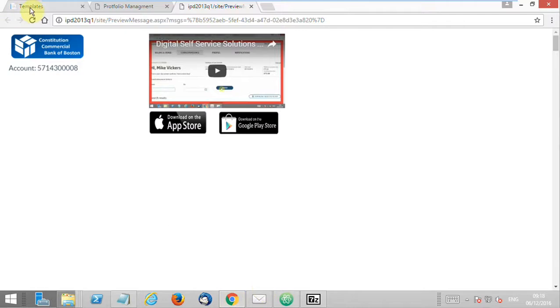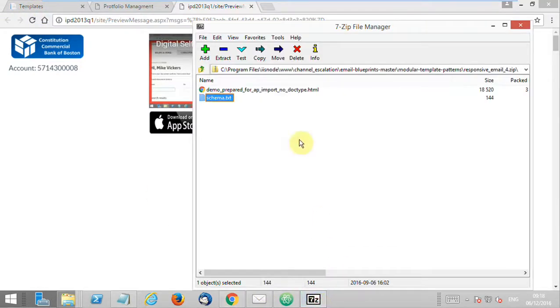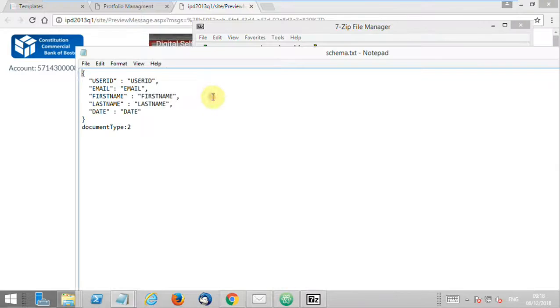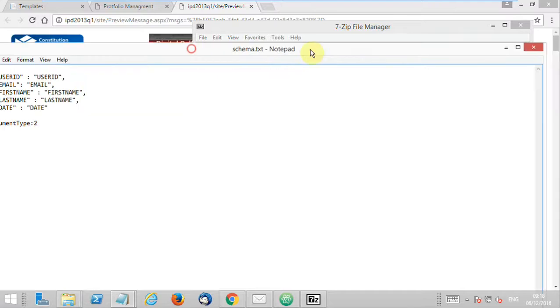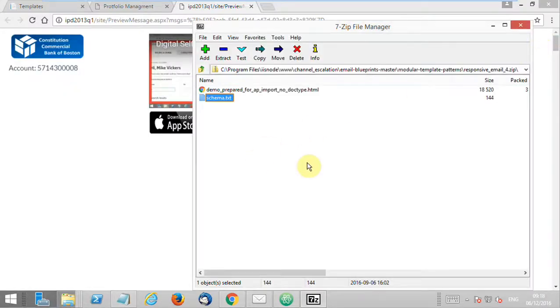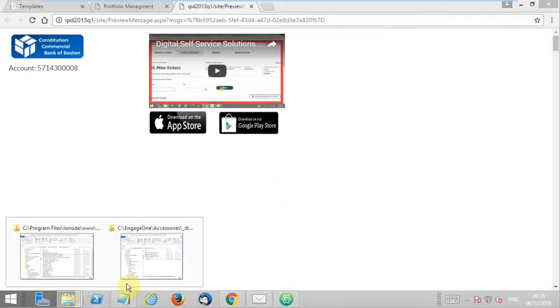Once I've done that, I can take that HTML, combine it with a schema.txt, which is defining my fields and the document type. Document type 2 suggests it's an email template as opposed to an interactive communication page, an SMS, or a push notification. And then this zip file I can very simply